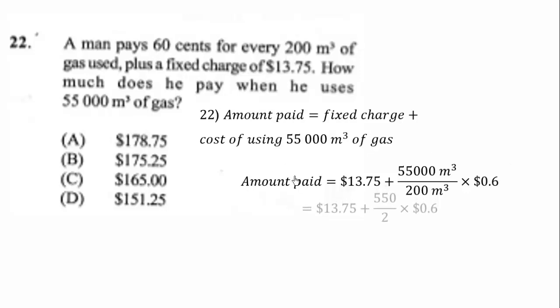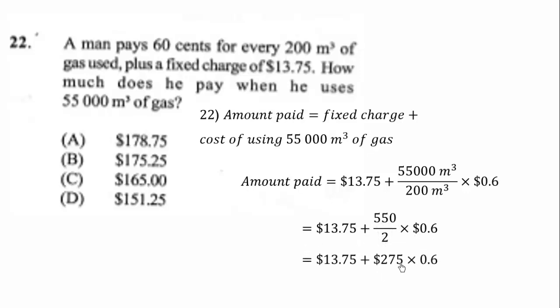Now we simplify this. We cancel this, we have 550, and we are left with 2. Now 550 divided by 2 will give us 275. Now 275 times 0.6 will give us 165, and when we add it to 13.75 we get 178.5. So the correct answer is,